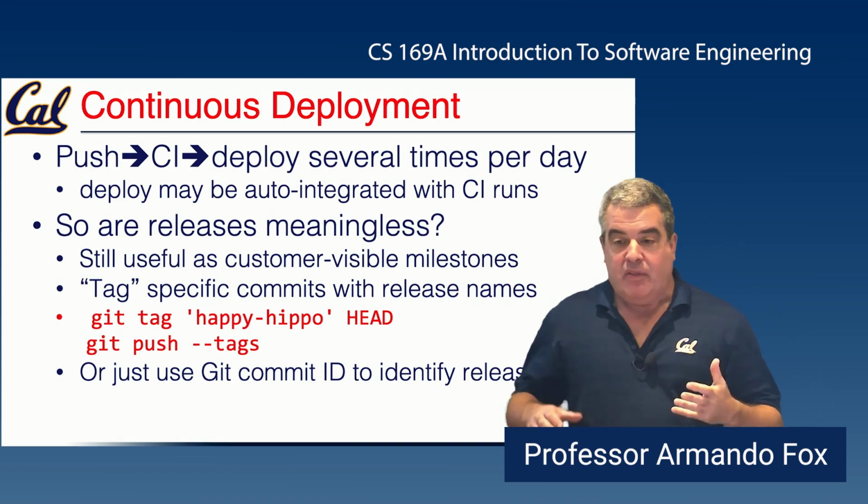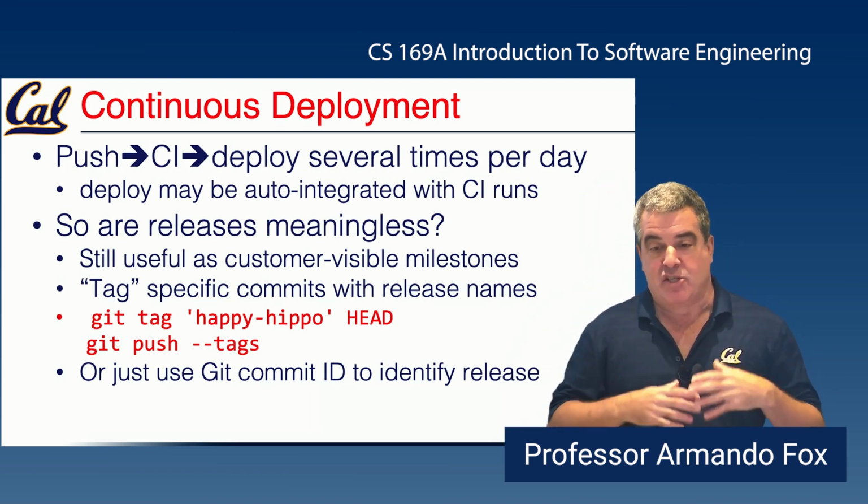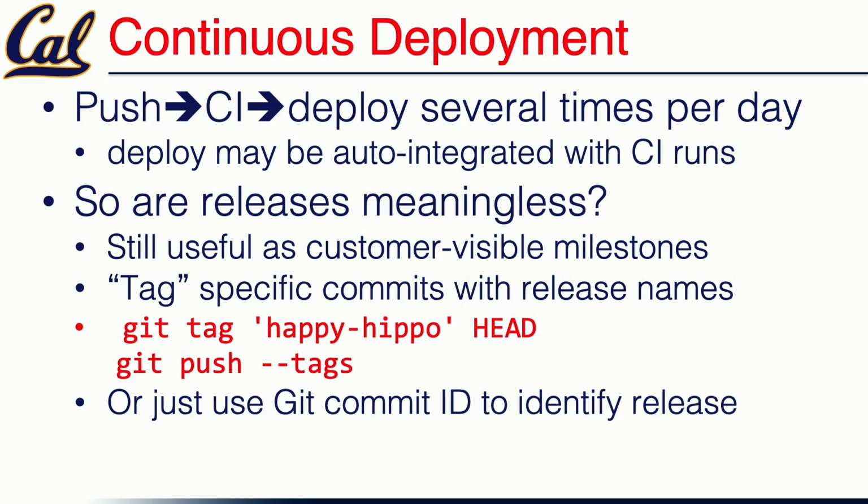So does that all mean that the idea of a software release has no value anymore? Not quite. I think this process is great to use for what I'll call releases that are largely invisible to the customer. You're enhancing or adding small bits of functionality here and there. But there are things like customer visible milestones. Like there's a major new feature of your app and your continuous deployment is putting the code in place that supports different parts of the feature. But there's a moment when you turn on the feature in a way that makes it visible in the UI. From the user's point of view, that's a difference because now it translates to a difference in how they use the app or the value that they get from using the app.